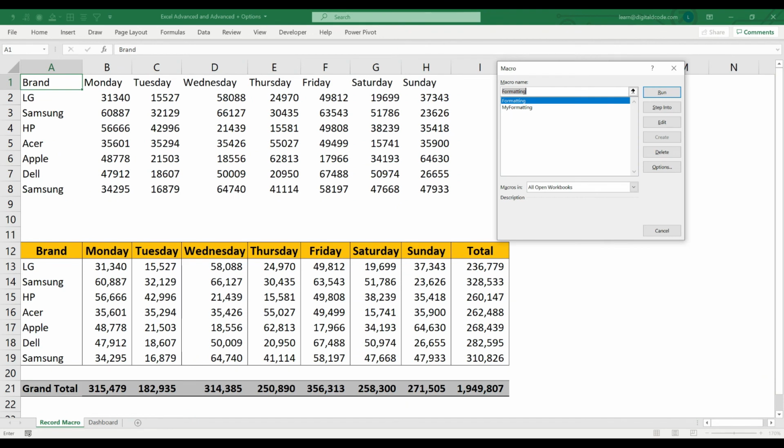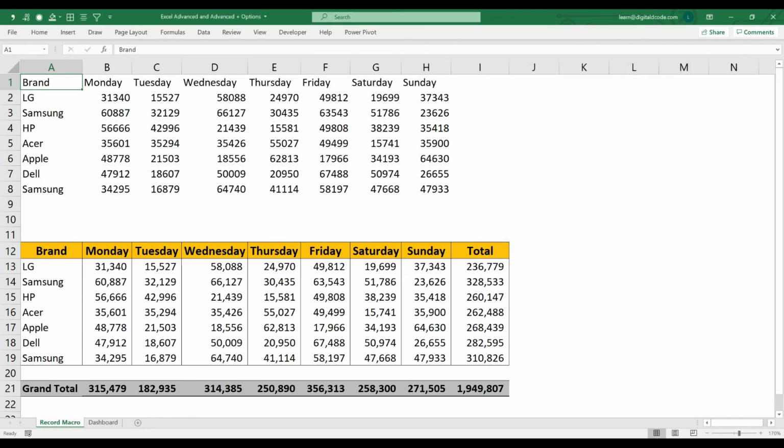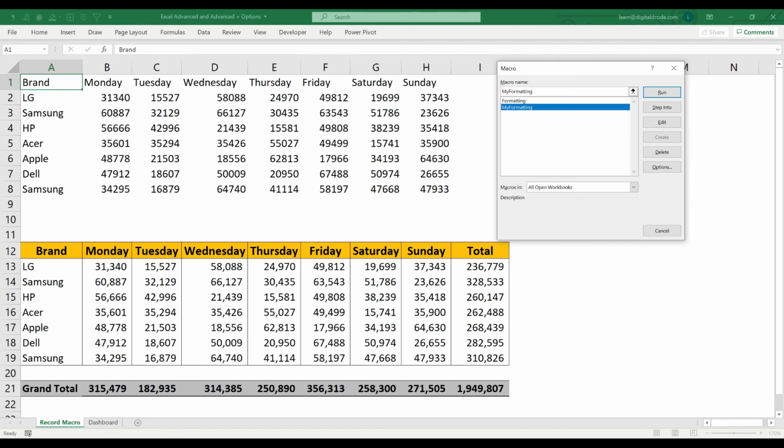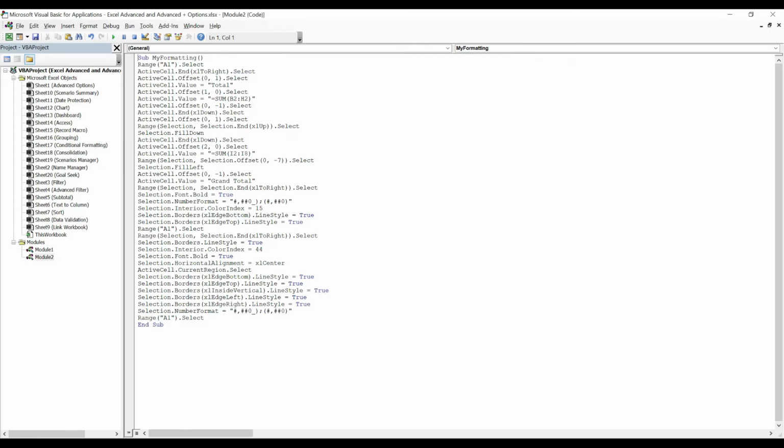So you can use pressing Alt F8, you can directly run the macro, or from the code window you can press F8 and run the macro. You can also run the macro pressing F5 from the code window.